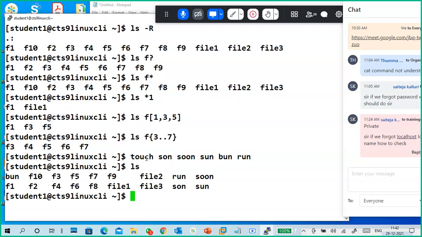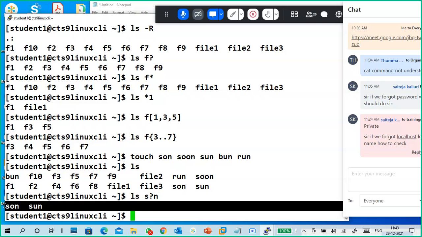Okay, so I created some files here. Look at these files. What are the files I created? Bun, sun, run, soon, like that, right? So see, here it is: ls s question mark question mark n.